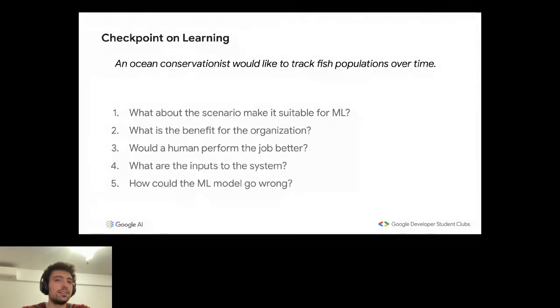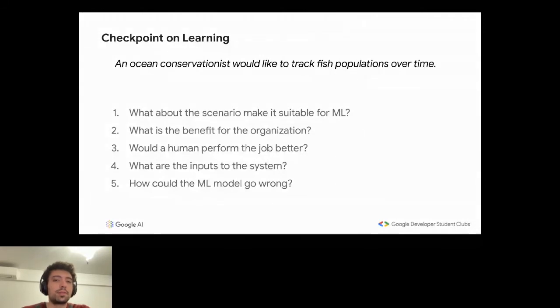And why? Essentially because we are able to identify if a species is endangered. So if there is some species whose number is reducing in time very quickly, or on the other hand, you could have a species that is developing too fast. And so that could also be a problem for our environment.